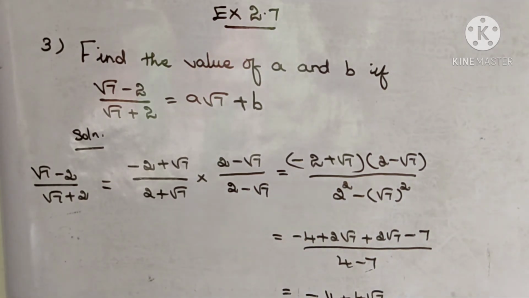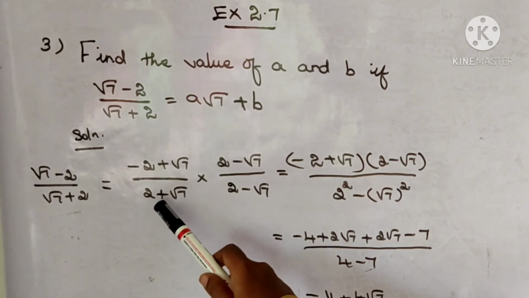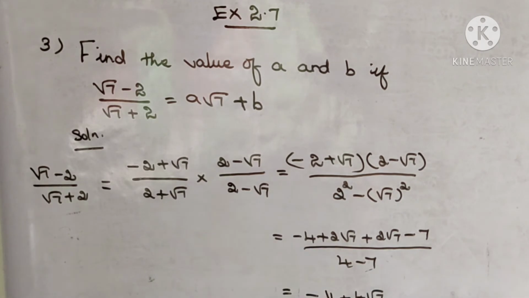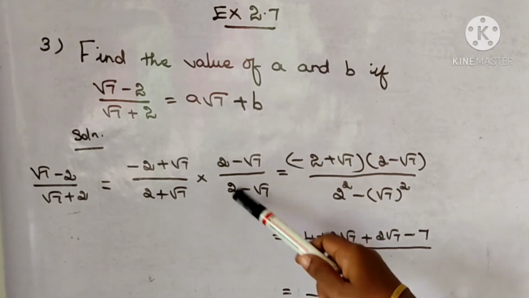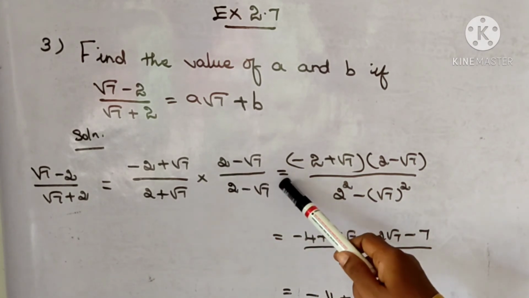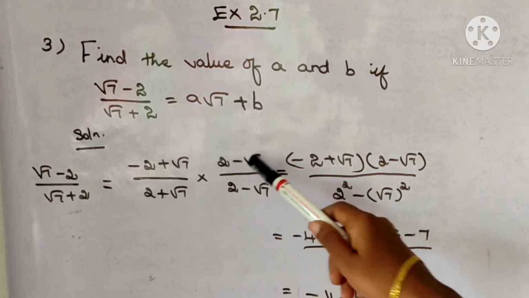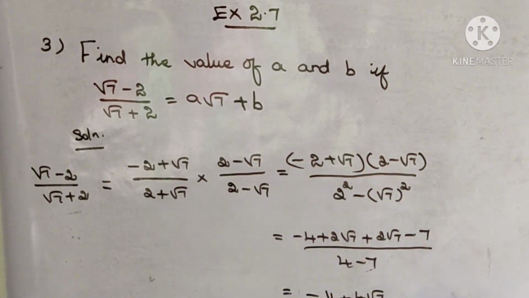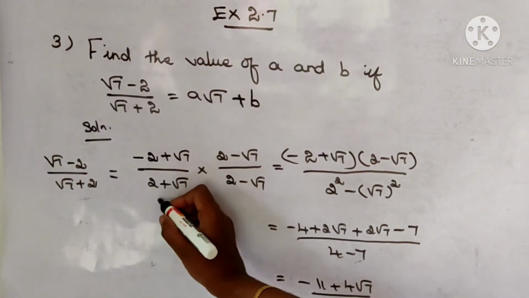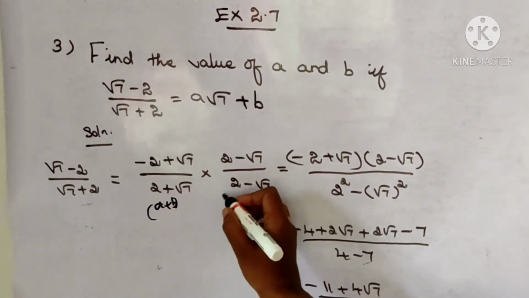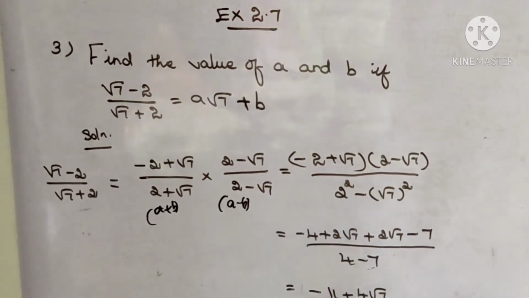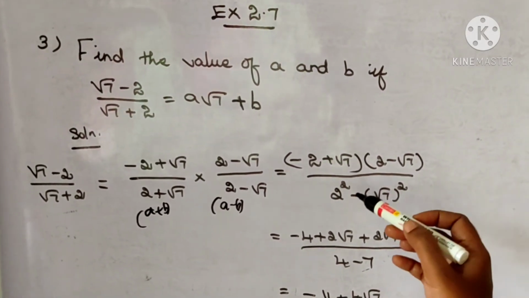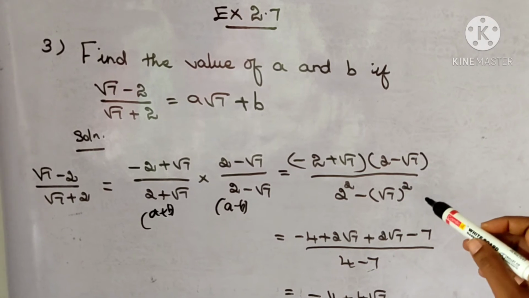First you write the rational part, second we write the root term. Okay. So now you write the conjugate of 2 plus root 7. Conjugate of 2 plus root 7 is 2 minus root 7. So you multiply both the numerator and denominator by 2 minus root 7. Numerator into numerator, minus 2 plus root 7 into 2 minus root 7, by the denominator, which is the a plus b into a minus b formula. So the short form is a square minus b square. So we can write 2 square minus root 7 the whole square.